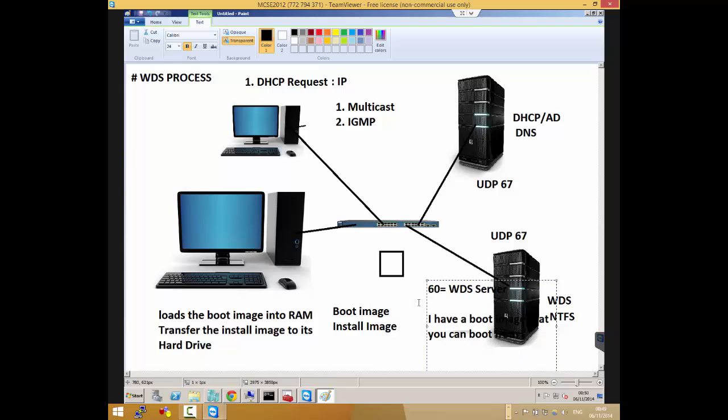And then it also replies with option 67 and says, this is the place that you want to boot from. You get the point? So actually WDS also uses DHCP for its initial communication.